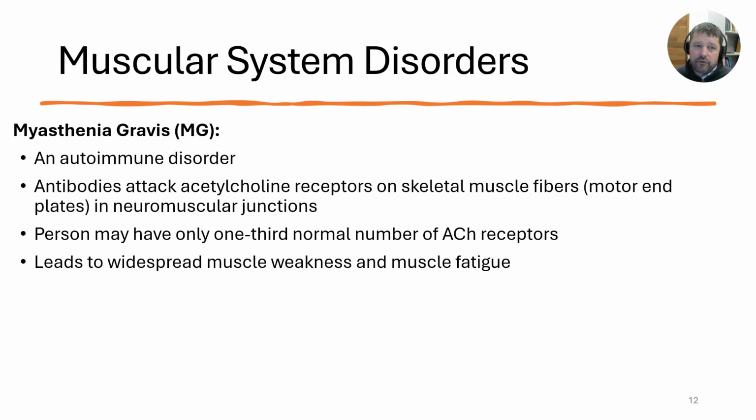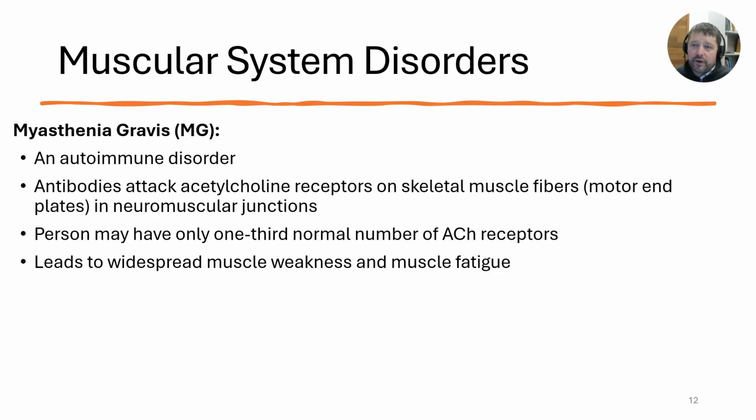All right, let's look at some disorders real quick that are associated with what we just covered, okay? And then we'll dive into how calcium interacts with that actin-myosin interaction. How does that work? First of all, myasthenia gravis, or MG, is an autoimmune disorder, and this one is directly